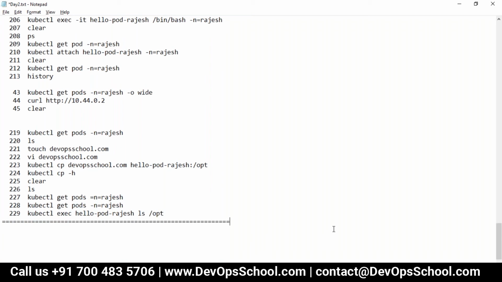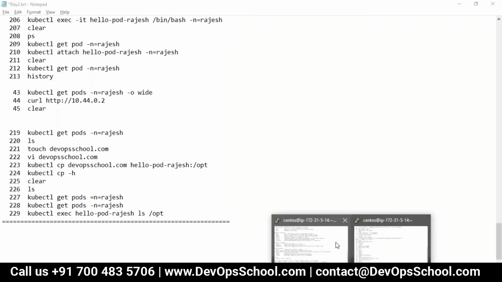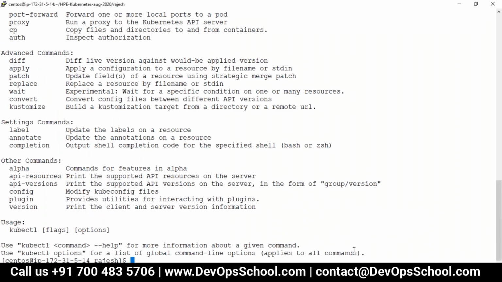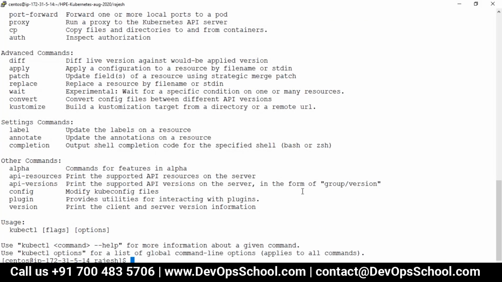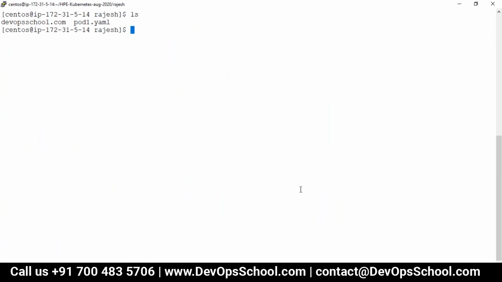Now there was one question, and the question was, if there are 2 containers, how do we go about it? Because here you are writing the pod name, so whether it will go in the first container or second container. That's true. When you write a pod name, guys, do you remember, in a pod when we have multiple containers, what we call it?